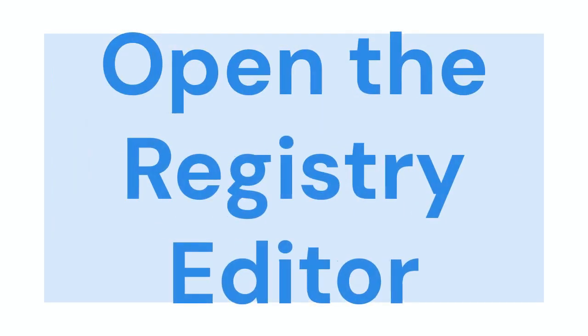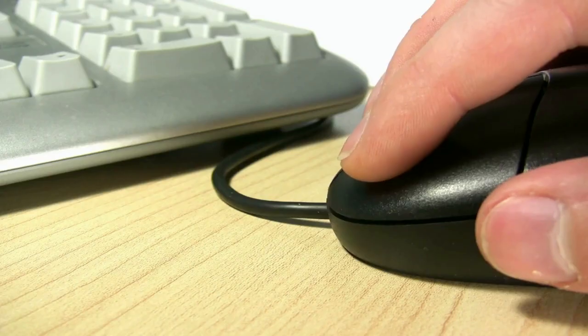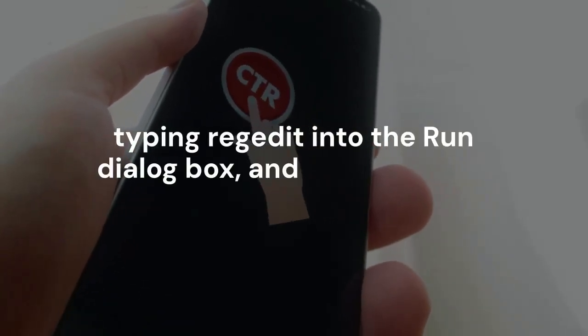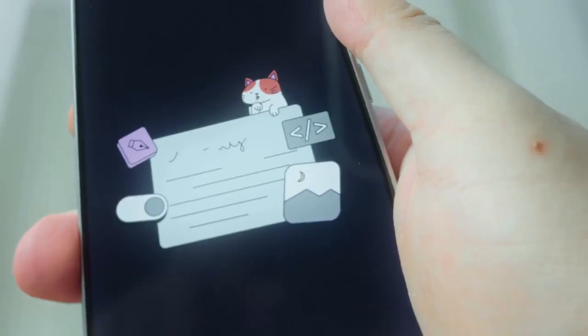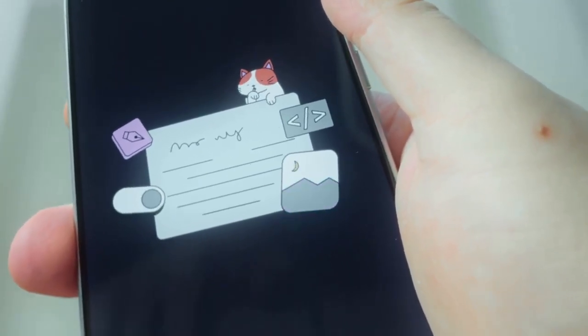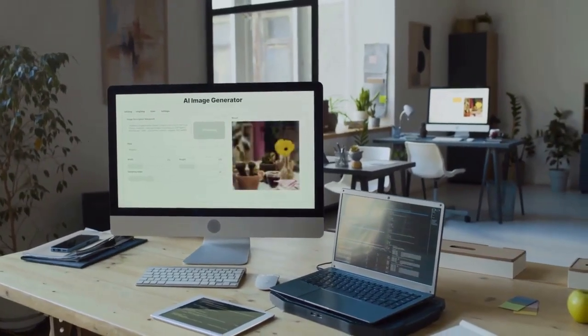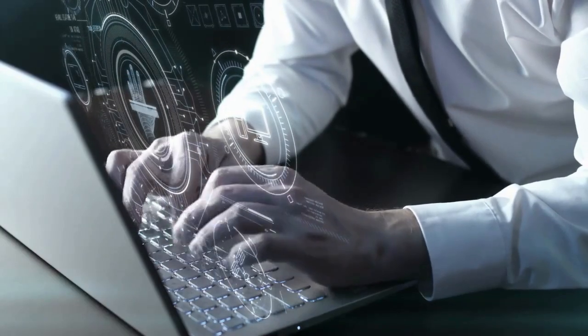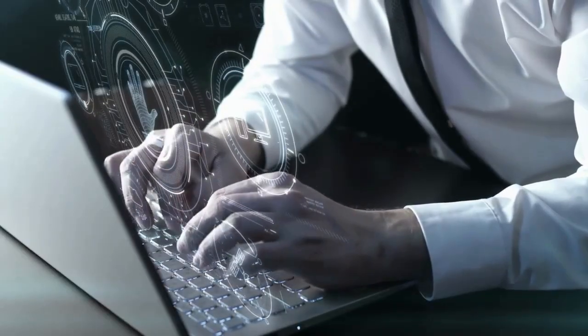First, you need to open the Registry Editor. You can do this by pressing the Windows key + R, typing regedit into the Run dialog box, and then pressing Enter. You might see a User Account Control prompt. Click Yes to continue. Once the Registry Editor window is open, you will need to navigate to a specific path. In the left-hand pane, carefully expand the folders until you reach HKEY_CURRENT_USER\Software\Microsoft\Windows\CurrentVersion\Lock Screen. You can also paste this path directly into the address bar at the top of the Registry Editor window